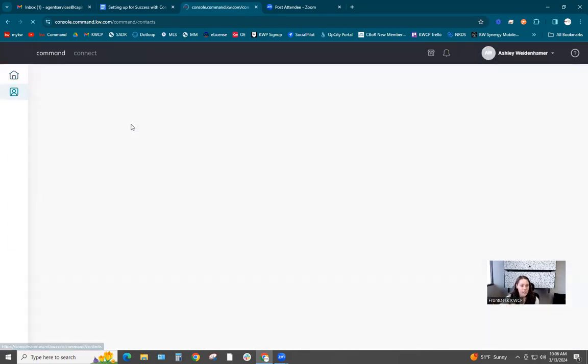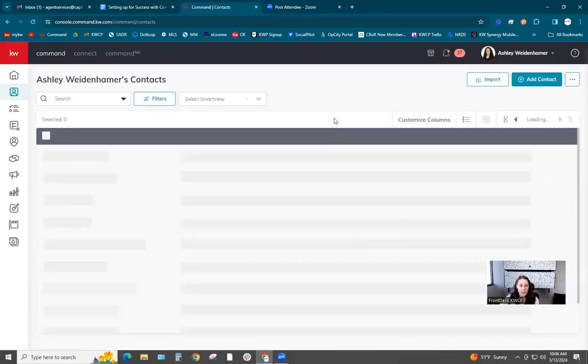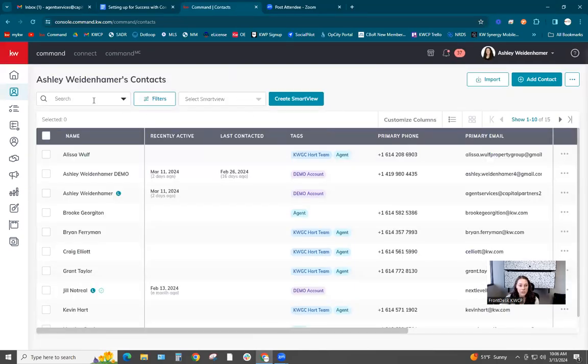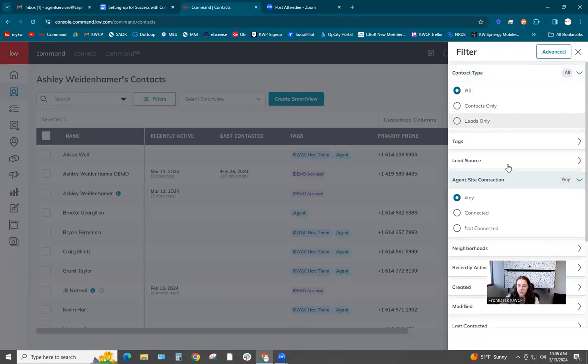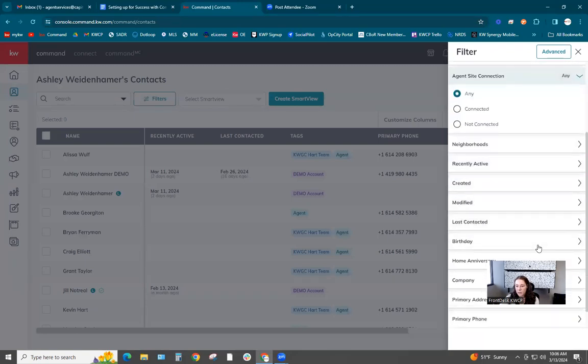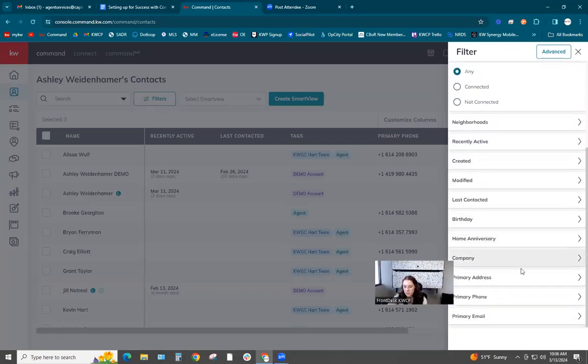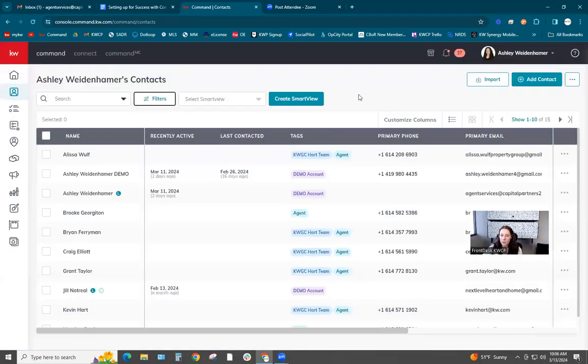Awesome. So contacts, this is where everyone's going to be stored. And so you can search by name and then filter that also. Search by kind of whatever you want. So birthday, last contacted, primary phone, anything like that. Like anything that will help you look for the certain client that you're looking for, a certain group that you're